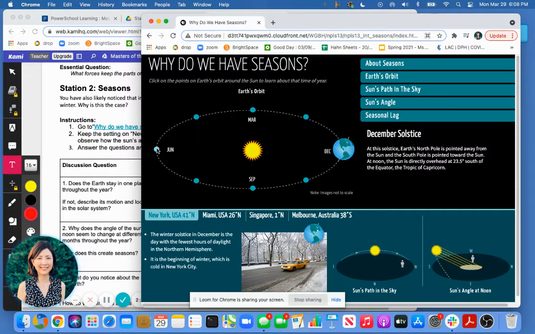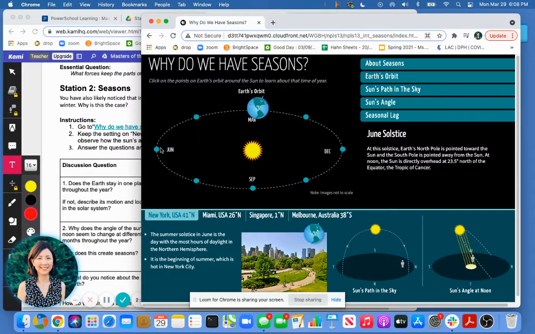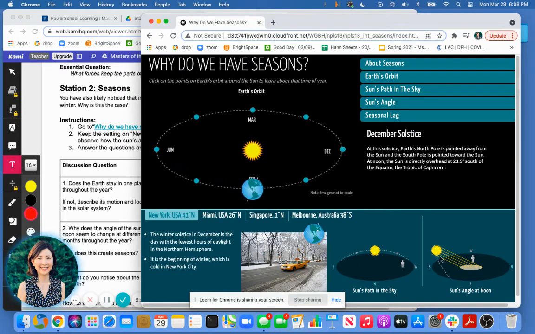Then as we move around toward June, the axis stays in the same tilt, but by June the North Pole is more tilted toward the sun. So in December, we're tilted away from the sun. And if you look at these pictures down here, you can see that as we're away from the sun, the angle is a little